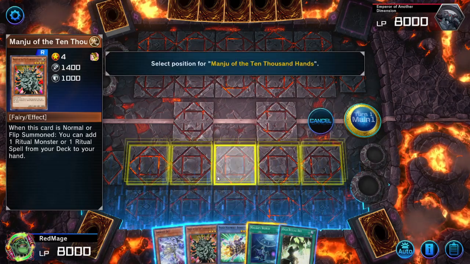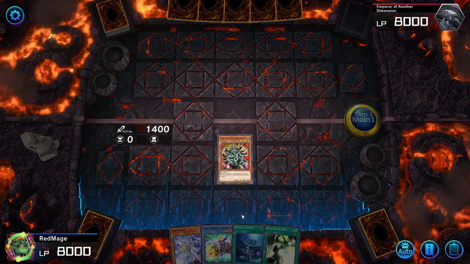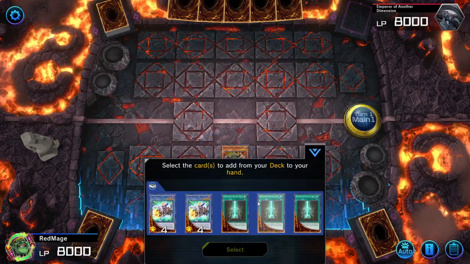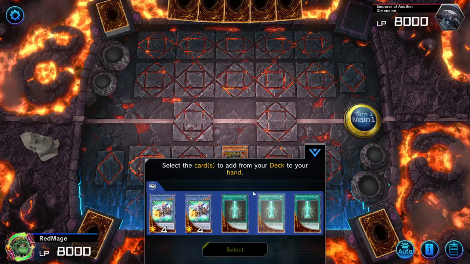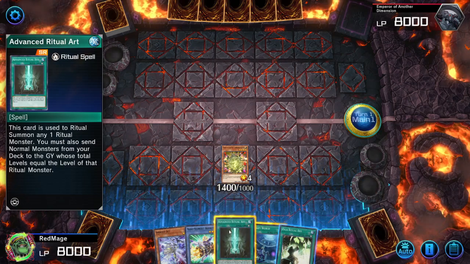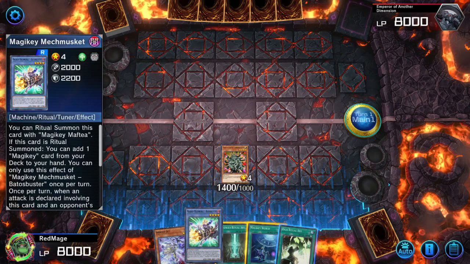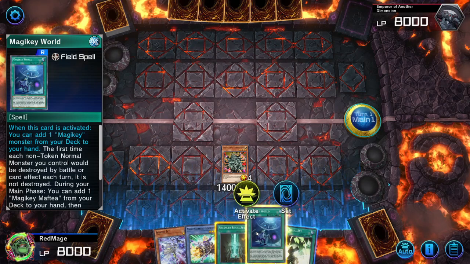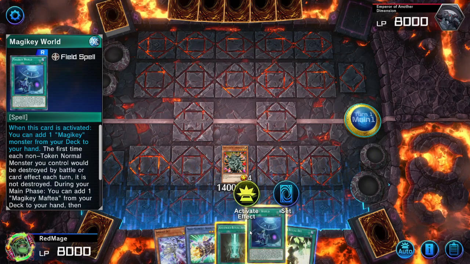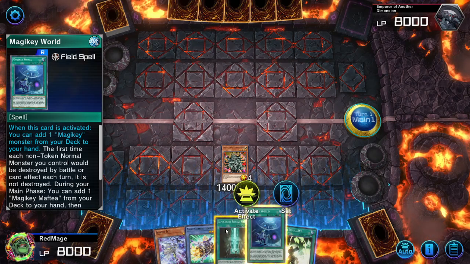So, we have Manju, we have Vader's Buster. I also have Diviner and Herald of the Heartlight, so extra starters. We love to see it. We can add Advanced Ritual Art. If we don't have Vader's Buster, we can always just use Magikey World. In this case, we don't need it though. So we're just gonna